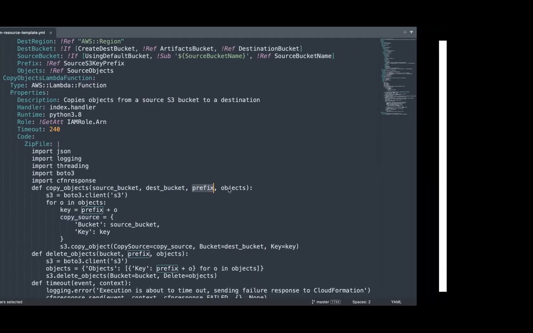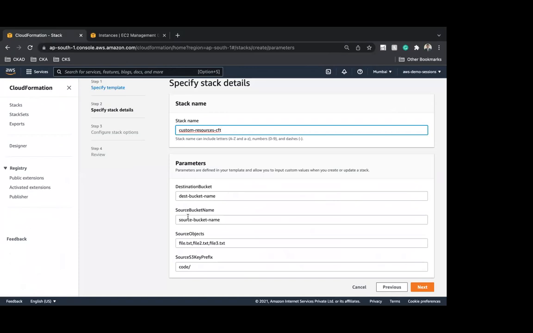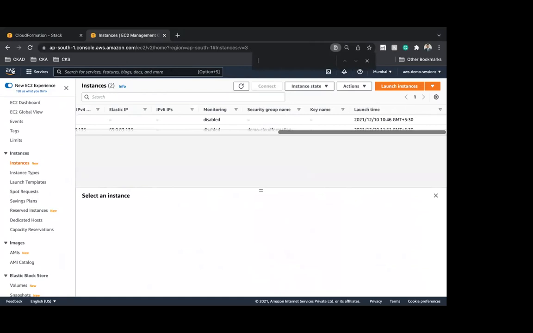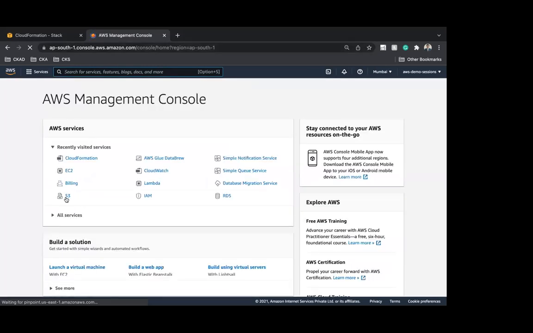Now, as we go into the CloudFormation template, you can see that it's asking for the destination bucket, source bucket, the object name, as well as the code, I mean the folder prefix. So we'll go to the S3 bucket. Under recently visited services, you will see S3, or you can directly search. If it is a brand new console, you can directly use the search functionality.